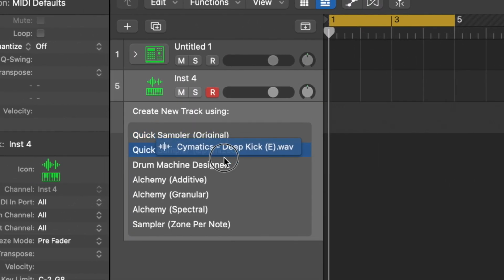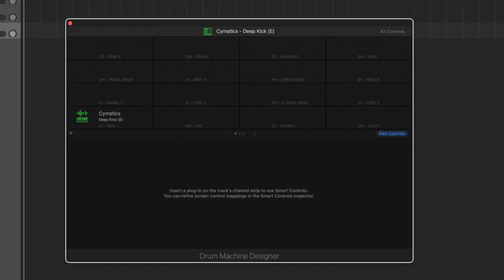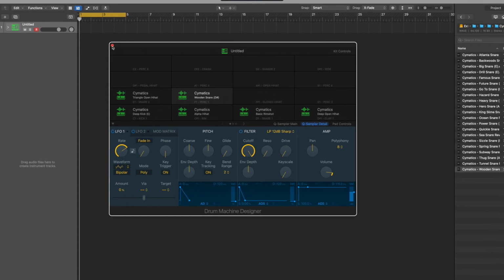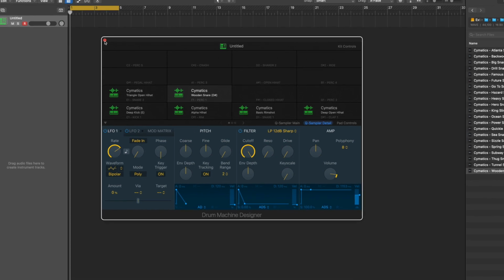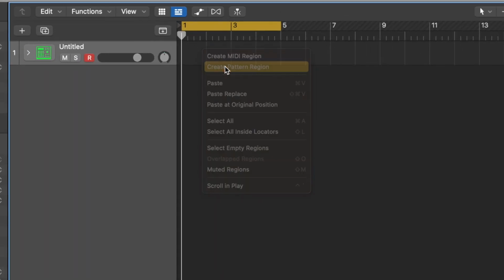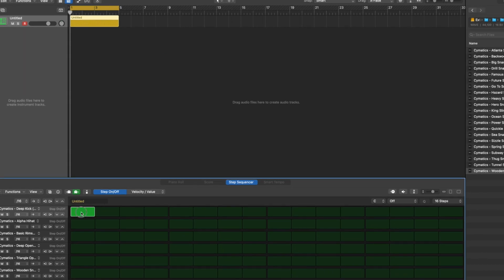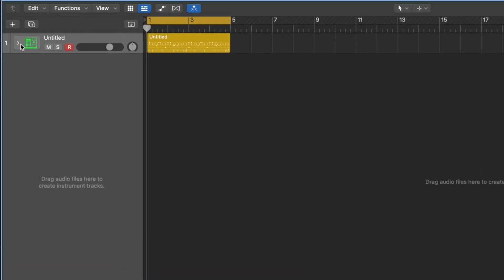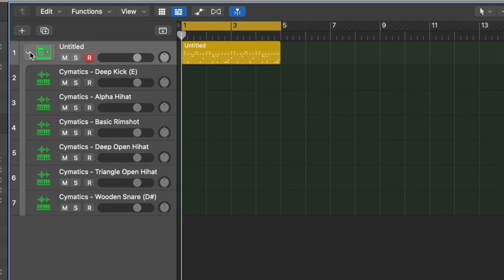You just drag and drop to the channel into the drum machine designer and everything syncs automatically. You can even create a drum pattern within just a few clicks. All you gotta do is click Create Pattern Region and then you start your pattern. And on top of all that, all the channels are already set for you to start mixing once you've finished